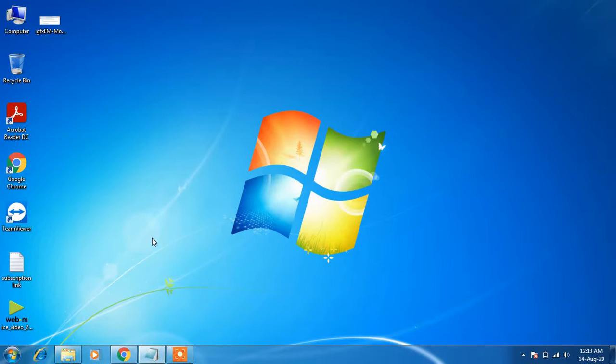Windows 7 Service Pack 1 from some external site. Why I am saying that you have to download it from some external site is that Microsoft has stopped the support for the Windows 7 system, and therefore you have to download it from an external site.